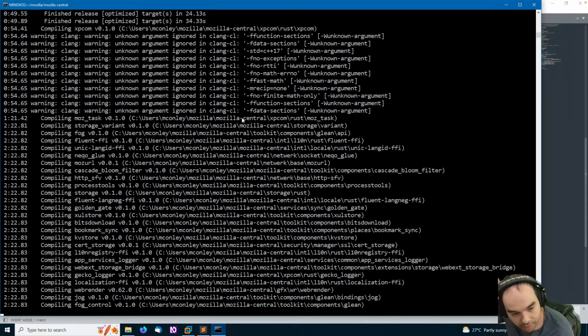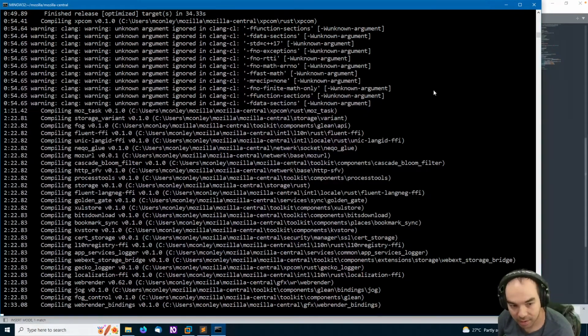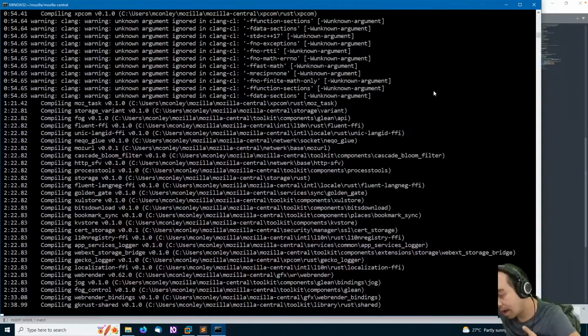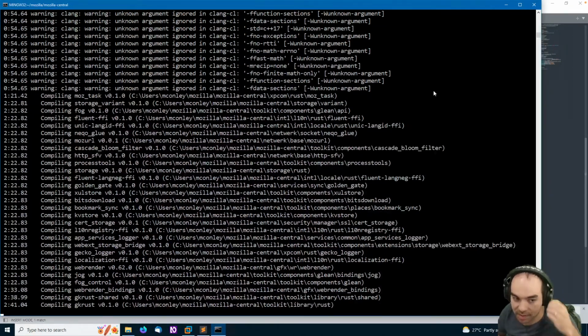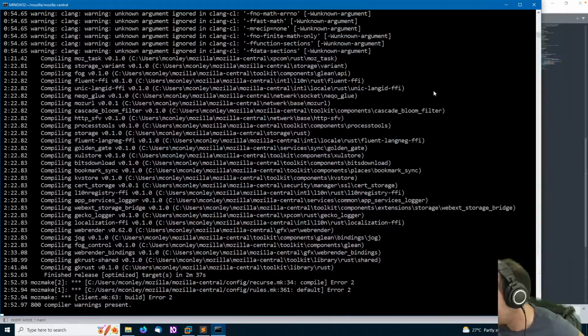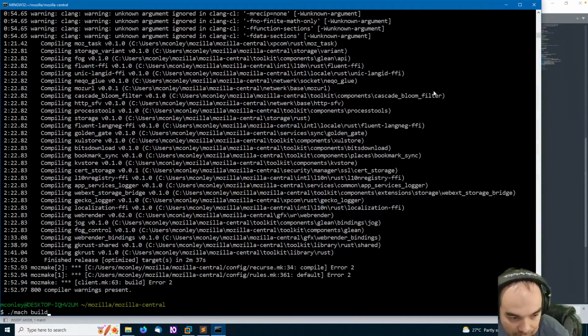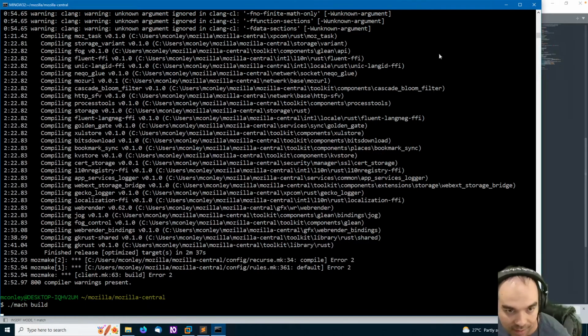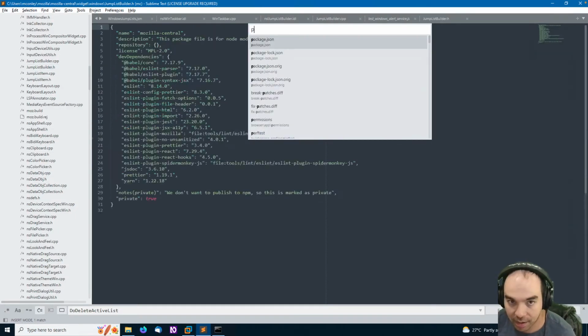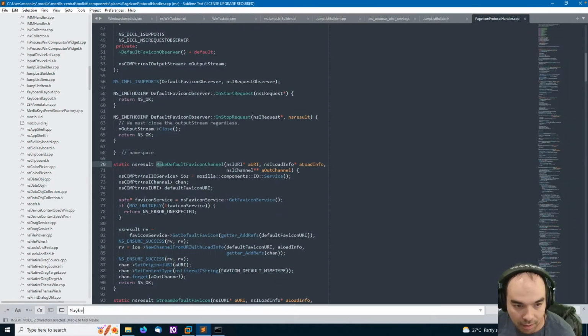I'm pretty sure you may have seen me do this before, where you can use the maybe construct, so that instead of passing maybe a pointer, otherwise not, you pass what's called a maybe, which wraps. Instead of it being this sort of explosive thing that, if you do it wrong, you dereference a null pointer and crash, a maybe is something that either wraps a value or is nothing. It's either something or nothing, and I think I used it in the page icon protocol handler, maybe, or was it called result?